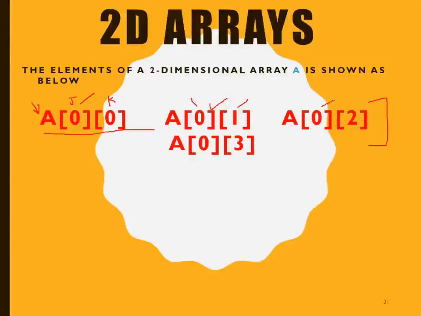Similar is the case with this. This is the third element and this is the fourth element, in which the column number is changing and the row number stays fixed. So it is more like a matrix, where we have rows and columns as the things to refer to that particular 2D array. Next we have